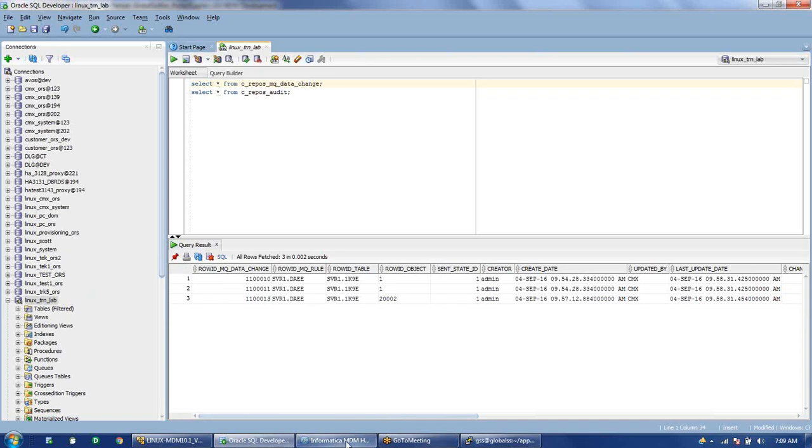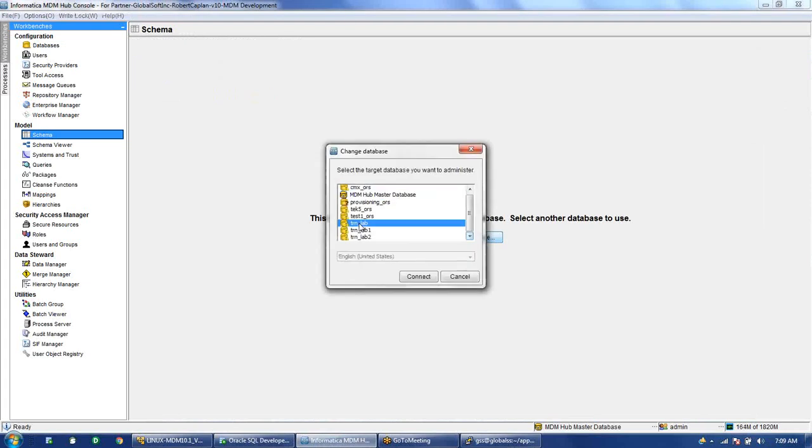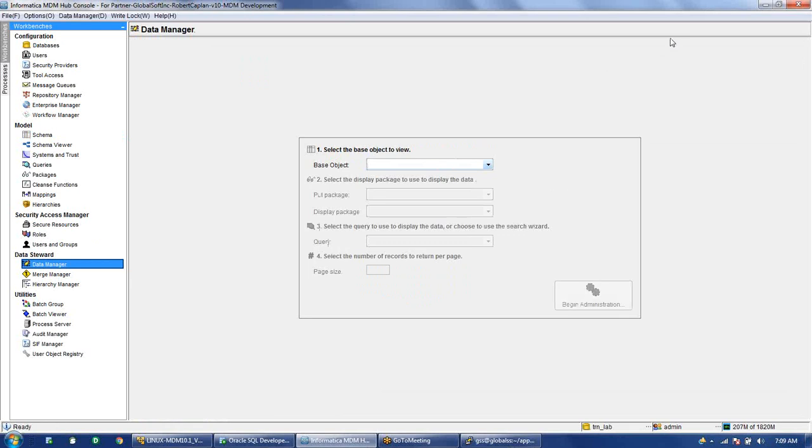So we'll go to the MDM and we'll try to edit some record or add any record. For adding the record, we can use this data manager. We will go and select the customer base object and then the put package.